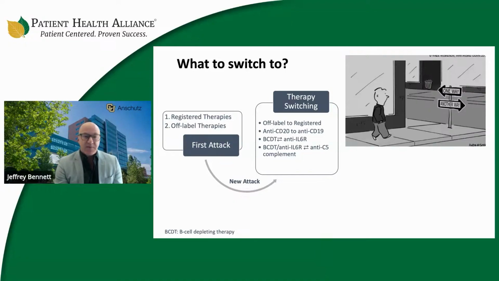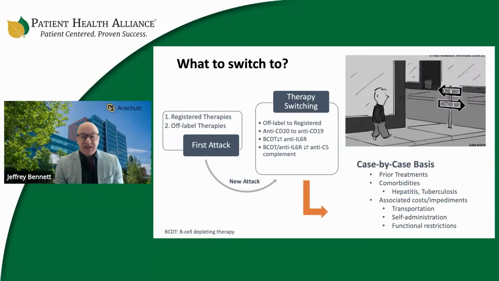B cell depleting therapy to interleukin-6 receptor blockade, vice versa, as well as switching to anti-complement therapy or switching in any combination between those various therapeutic modalities. I think the decision has to be made on a case-by-case basis, based on their prior treatments, comorbidities